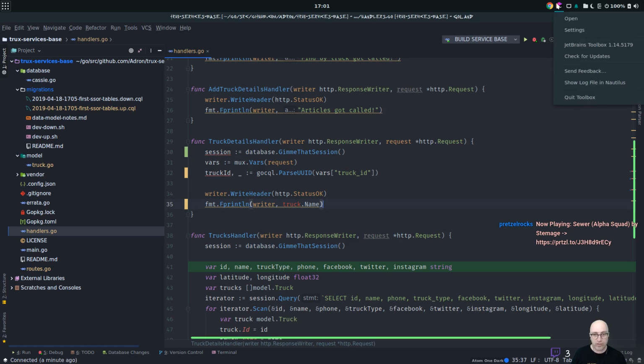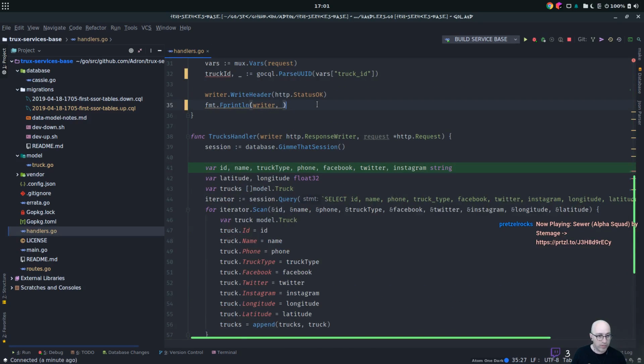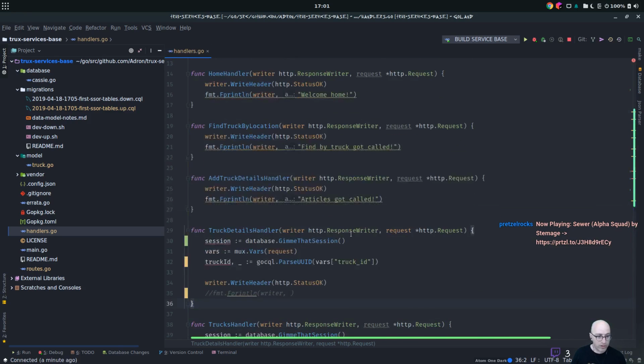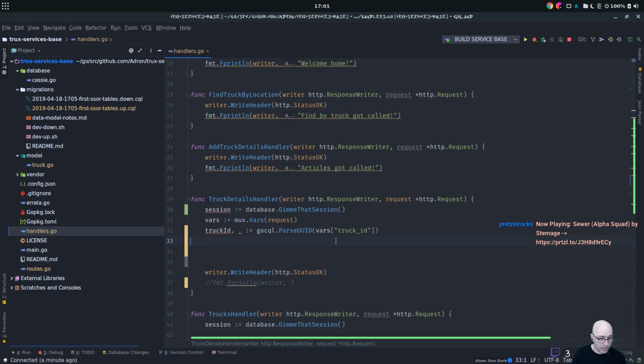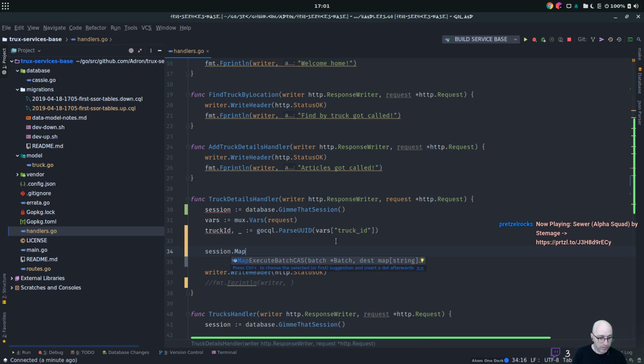Oh well, we're just gonna try it out. So this is... shit. That's gonna be that for now. And here, session, yeah. Then we'll do session dot query